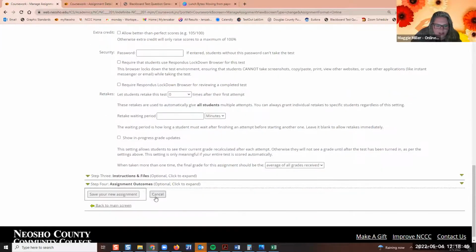I should read. When taken more than one time, the final grade for the assignment should be, and this is where you can, I don't know why the default is average of all grades received. Most of the time I come in here and this is one of those things I forget to change. I change it to highest grade received because the whole reason why we're taking it over and over for my class is to get a better grade. Sometimes if it's a big exam, you're letting them take it a second time to average together and get a different score. And then obviously we have last grade received. So they may do worse on the second one, but that's the score that they get to